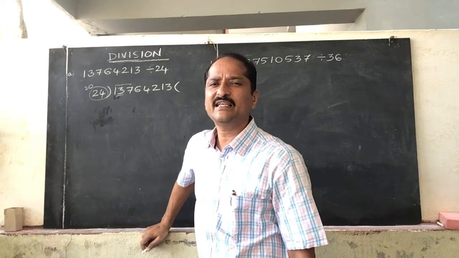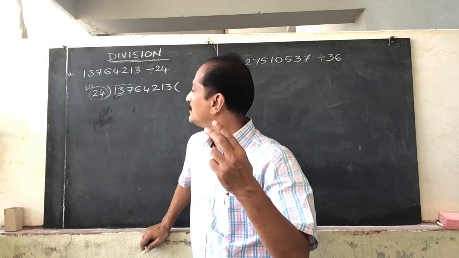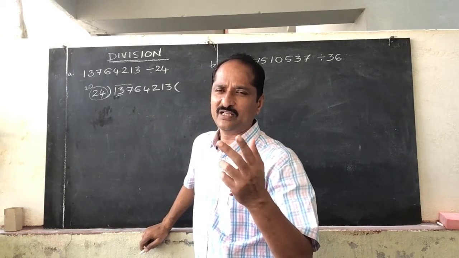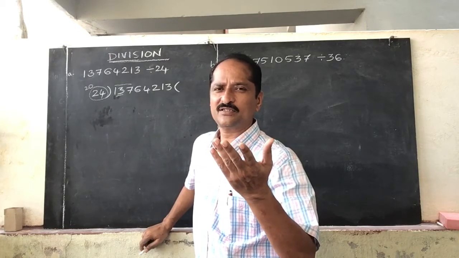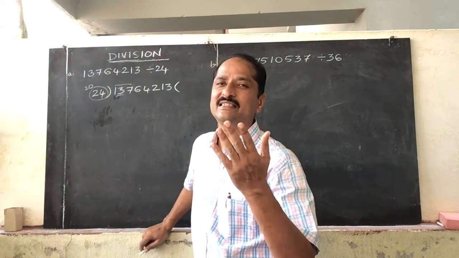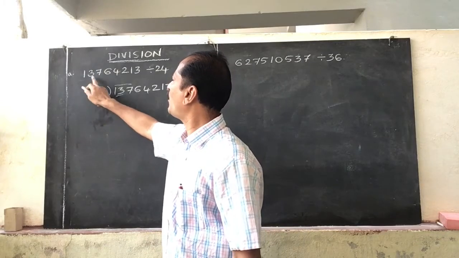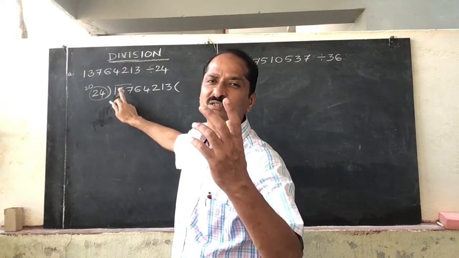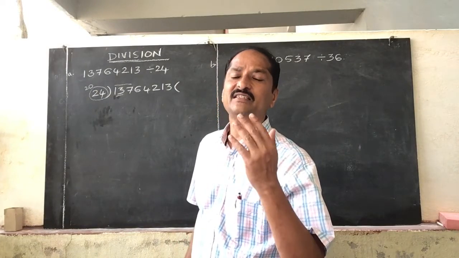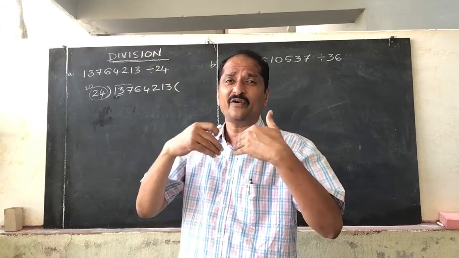So first we are checking in 13. How many times is it? 13. 2 6 jar 12. 2 7 jar 14. 14 means it is more than 13, so it is not divisible. So we have to take 6 times. 2 6 jar 12. But that is for checking how many times it is divisible only, we rounded off. కానీ యాక్చువల్లీ వాట్ ఈస్ ద డివైజర్? Divisor is 24. Now directly we are going 24 with 6.